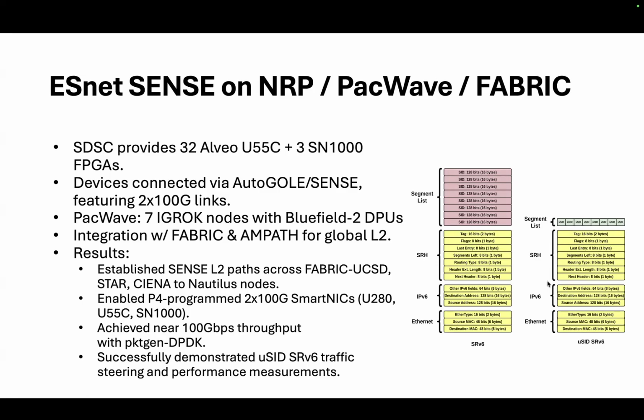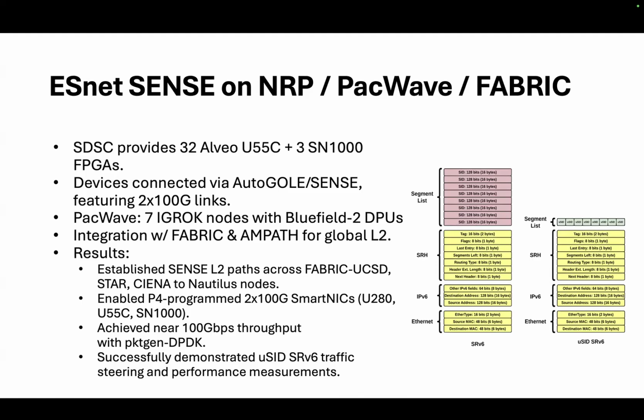So just very briefly, one of our experiments was doing SRv6, which is segment routing with IPv6, on NRP and FABRIC. Essentially, this is how we define the packets, per the RFC. What segment routing is, is that we can specify the path that the packets traverse by explicitly setting the segment IDs in the packet headers and in the header definition, instead of relying on